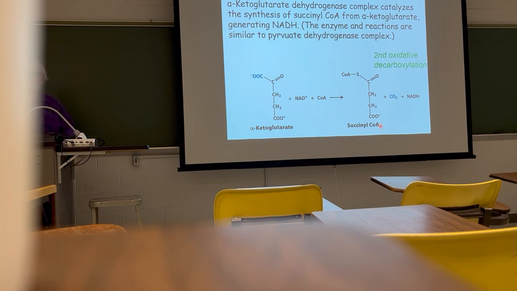Alpha-ketoglutarate dehydrogenase is interesting because it's very similar to pyruvate dehydrogenase. It's a complex of enzymes and carries out the same kind of reaction. So in pyruvate dehydrogenase, we saw decarboxylation and reduction of NAD to NADH. Alpha-ketoglutarate dehydrogenase has the same cofactors. It has a lipoyl cofactor. It has a thiamine pyrophosphate cofactor. The mechanism of the reactions is very